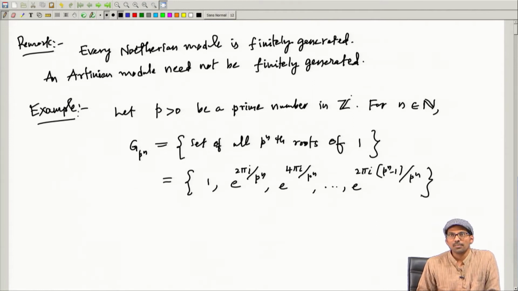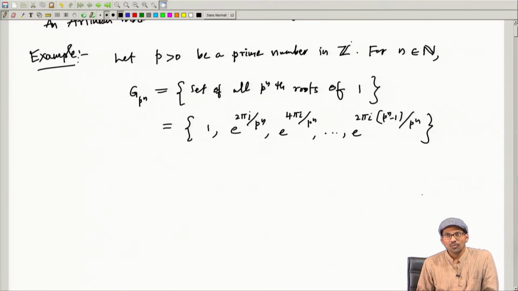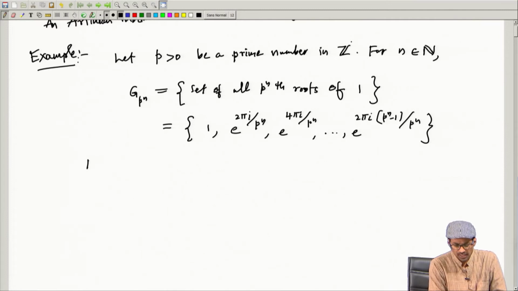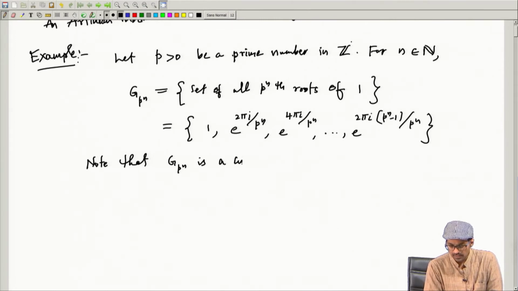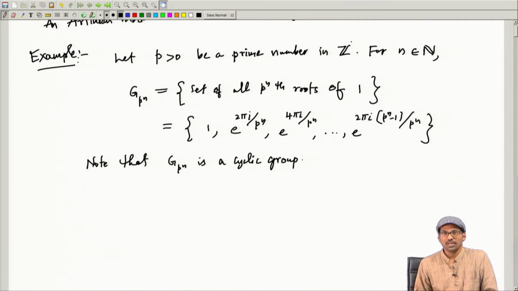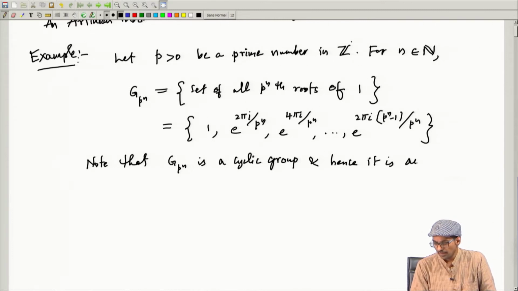So, this is the set of all p^n roots of unity for any n greater than or equal to 1, and note that G_{p^n} is a cyclic group, and hence it is an abelian group